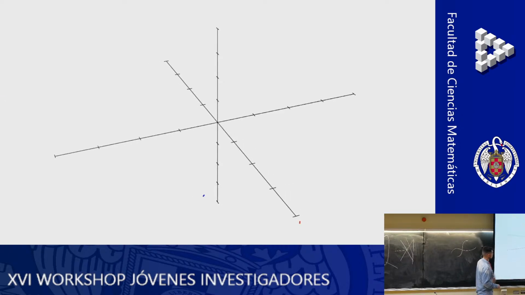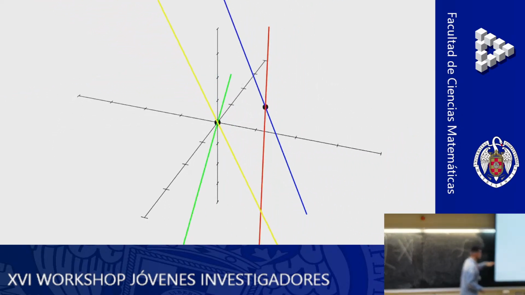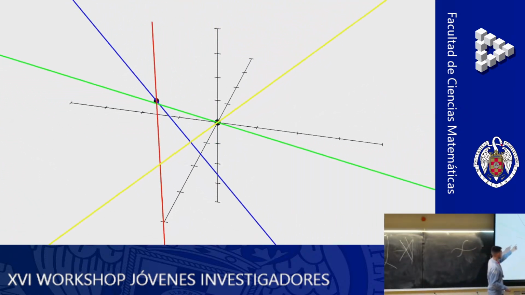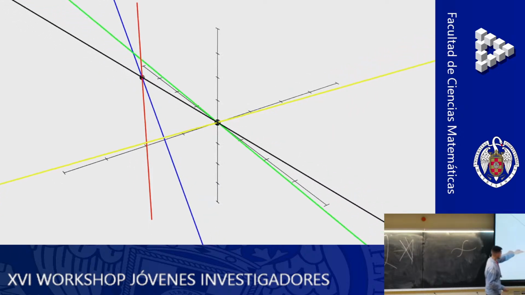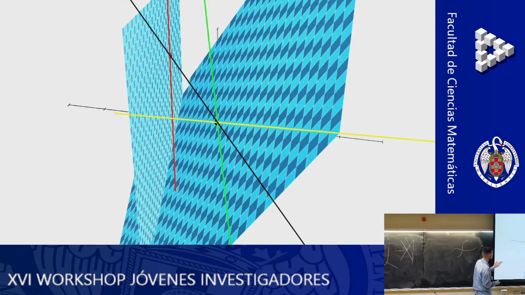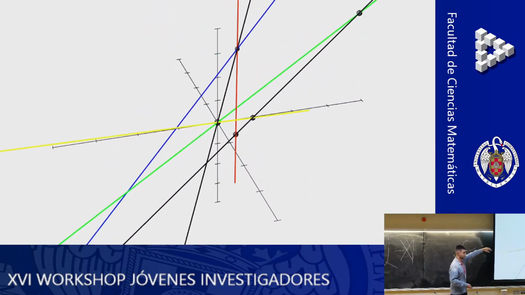So basically what we did was take four lines. We reduced to a simpler case, which is the case of coplanar lines. Then we take first the line that goes through both intersection points, and then we take the planes generated by both pairs of lines and take the line that goes through both planes. So that's the solution to our problem. And because this situation is rationally equivalent to the general situation, we can say that this is the general solution.